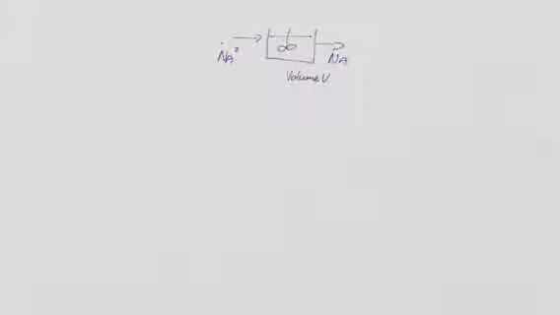We have a molar flow rate in of Na0 and a molar flow rate out of Na, and the volume of the reactor is V. Remember, what we really do in reactors are basically mole balances, and we now do a mole balance over the tank. What we say is that the number of moles of A entering the reactor, Na0, plus